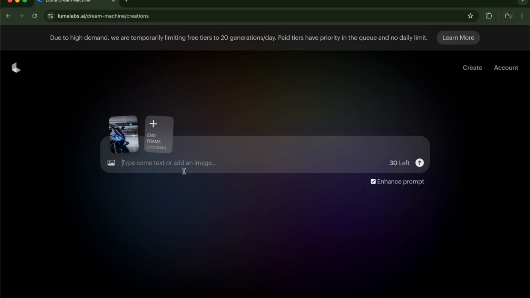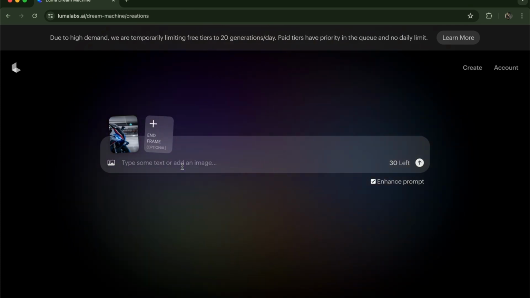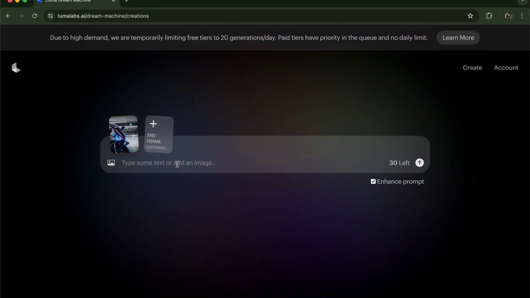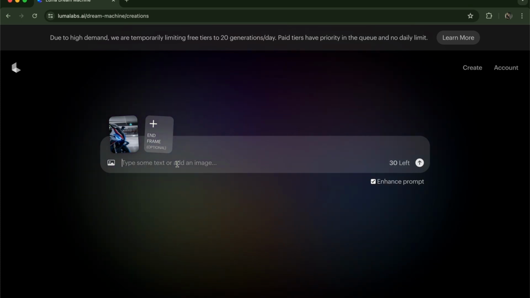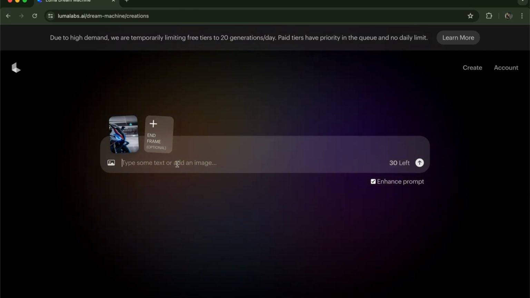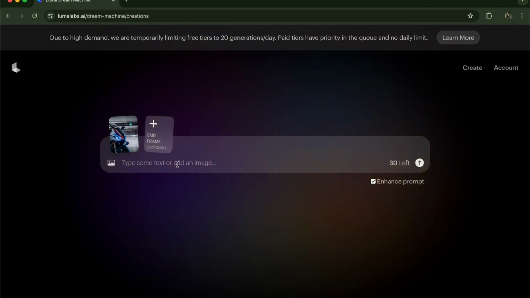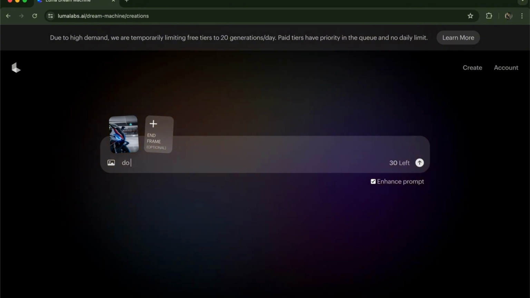So here, to control our camera motions, as we all know, it's pretty hard to control the camera. Here we have our picture of our motorcycle. All we have to do is specify where we want to go and how we want to do it. For example, I found out that you can do a cinematic clip